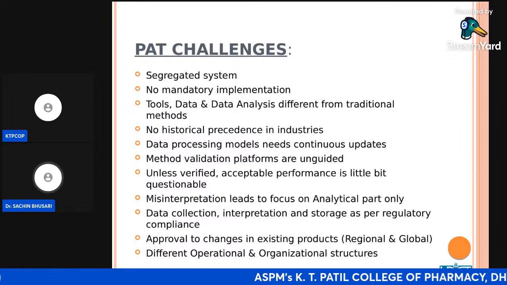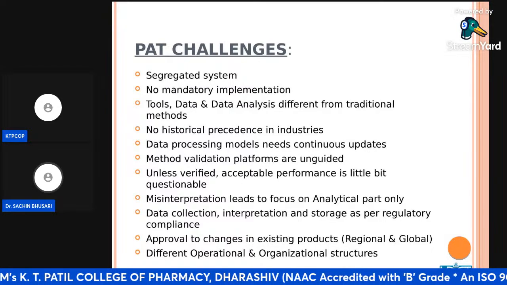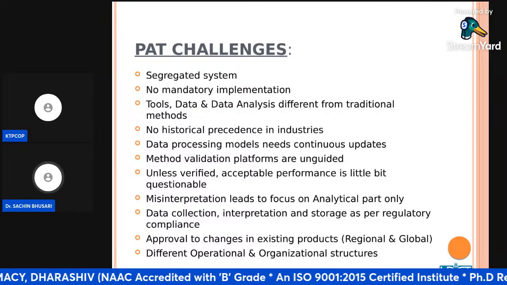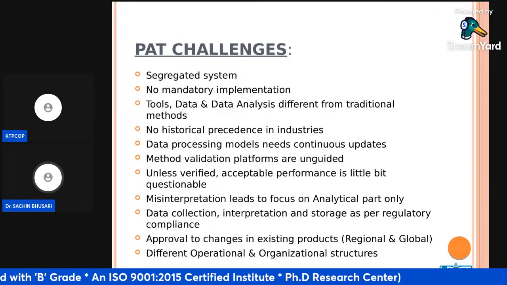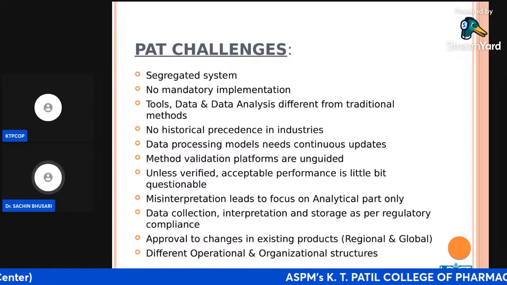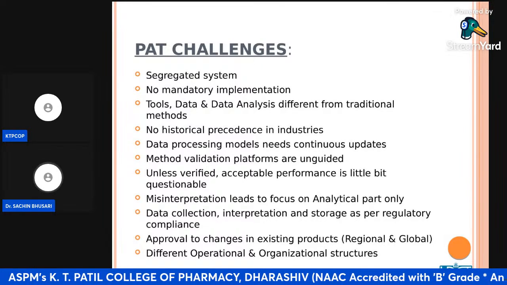So at regional as well as global level, if I have a US FDA compliant plant and I am trying to have the PAT framework in my industry right now, there will be difficulty in getting approvals for the products by US FDA, and even by DCGI. Don't just talk about DCGI, the highest authority in India. If I want to change my product slightly, I have to seek permission from the DCGI in writing, and it's a challenging and difficult task. So that is a real challenge in PAT also.